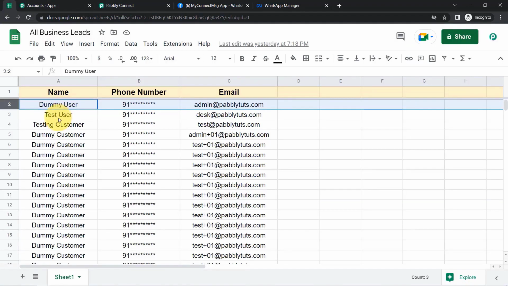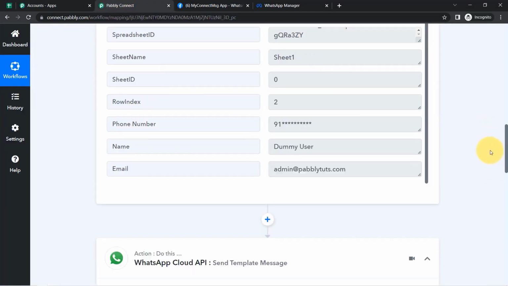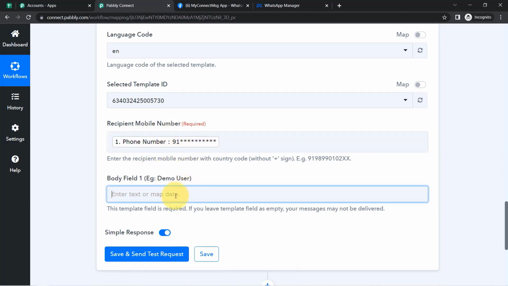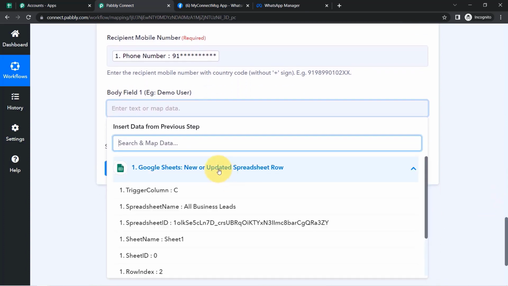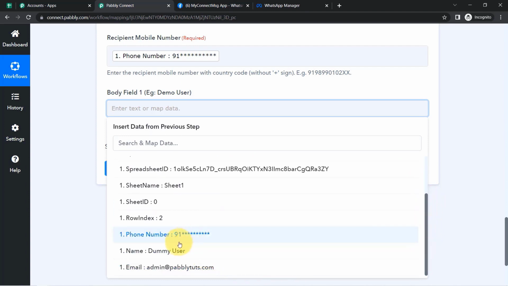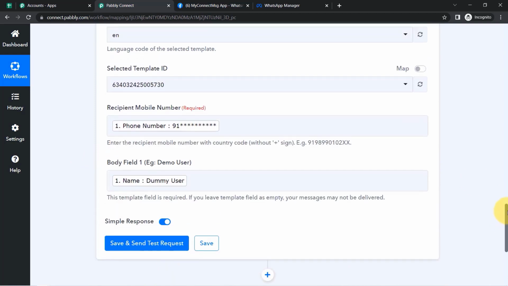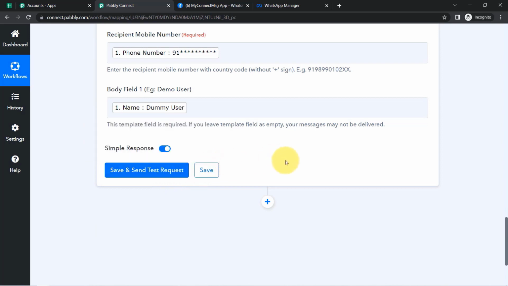Assume that the data of the second row is coming out in Pabbly Connect, so automatically this data will be replaced here and the message will get sent to the second number, to the next number. Okay, and for the name also, instead of writing it manually, again I will map it, because I want it to keep on changing in real time whenever it works. I have the name as dummy user. Now I am going to click on this button and you will see the message will get sent immediately,